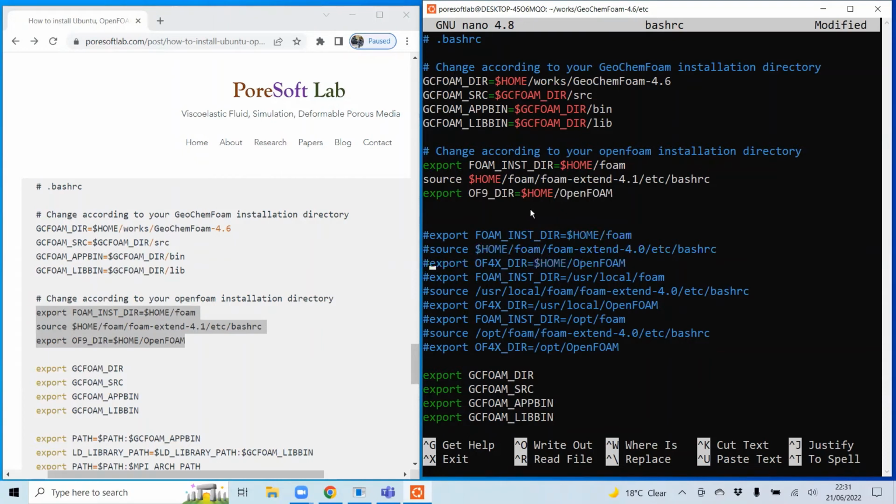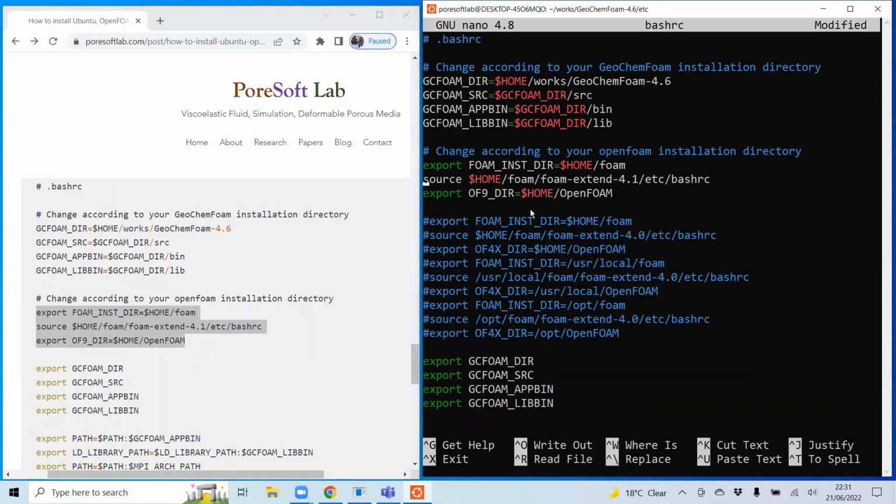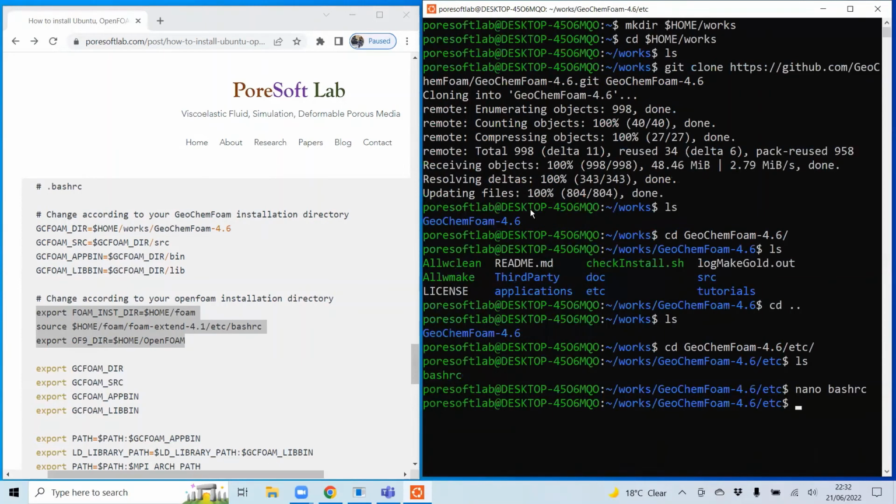It means that it will not take part when this bash file runs in Ubuntu. So save it. To save this file, use Ctrl-O, enter, and to exit the file, use Ctrl-X.